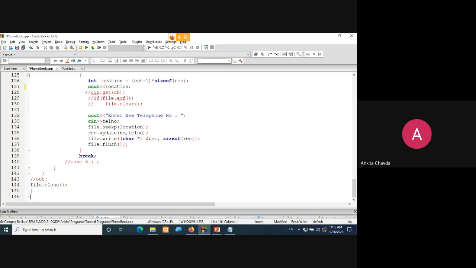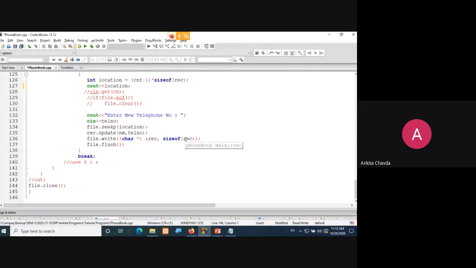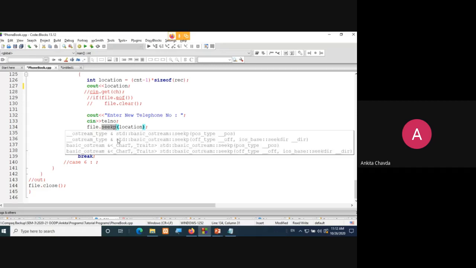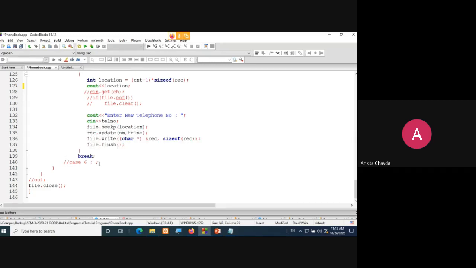And now file.write with the char pointer and the size of record, and file.flush. So I'll simply write the content into the file, the same content I was having in this record.update. Finally my variables are set with the new number, and that will be written again into my file because I've already set my file pointer according to that location. Then it will break. Over.